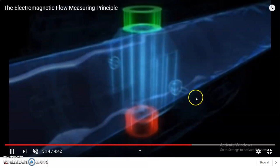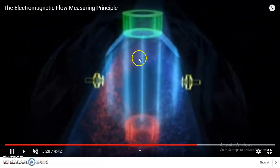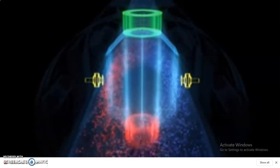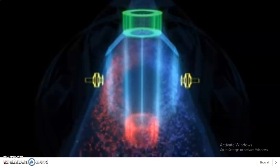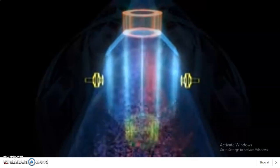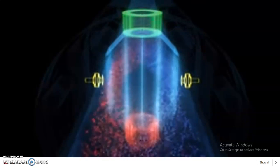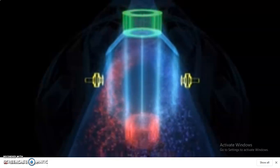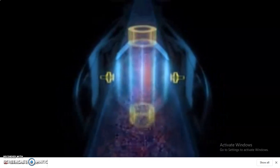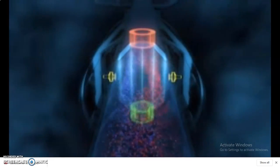So this is how the electromagnetic flow meter is working. This is the inner part of the electromagnetic flow meter. The horizontal lines you can see from the top to bottom, green to red in color, are called magnetic field lines, and the red dots and the blue dots are called ion particles. Due to the magnetic field, the liquid particles are getting separated. This is how the electromagnetic flow meter works,